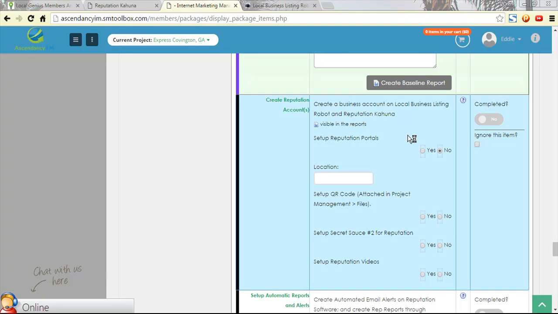Hey guys, I'm going to show you today how to create a reputation account on the checklist. This is a reputation package. Oh, this is part of the reputation package, I'm sorry. And basically, you're going to be using